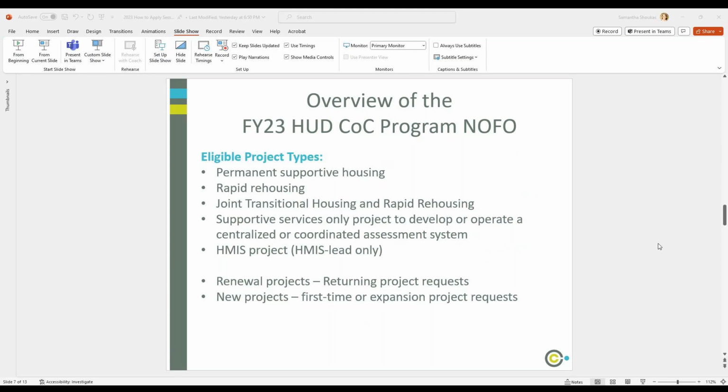There are two different types of projects, and you'll hear me say this throughout the presentation, especially when we go over questions: renewal projects and new projects. Renewal projects are projects that already currently have funding. That will only be those 4 projects that we listed on the previous screen. New projects are anyone who's applying for the first time or is expanding one of those renewal projects. So there is not a separate expansion project application. It all falls under new because it's a new part of your project. The portion you're already funded for is the renewal, and anything else is the new.